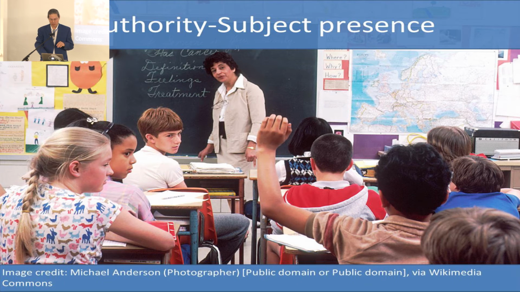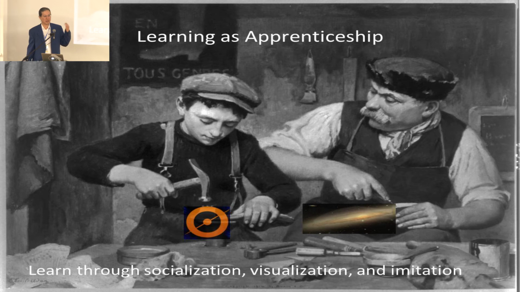A lot of people have critiqued it. In fact, many people would say that for these sorts of things, the right model of learning is not so much the teacher and the student, but the apprenticeship model, where it's actually learning by doing. So learning is not just transmission of abstract, decontextualized knowledge from one person who has it to another person who needs it, but a process that takes place through expansion of knowledgeable practices.